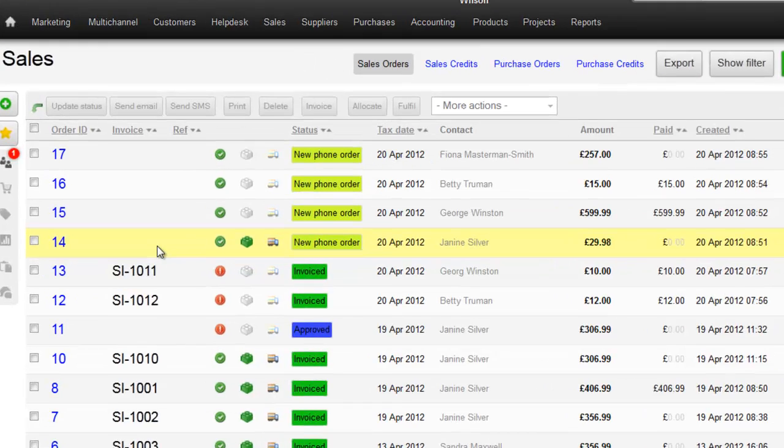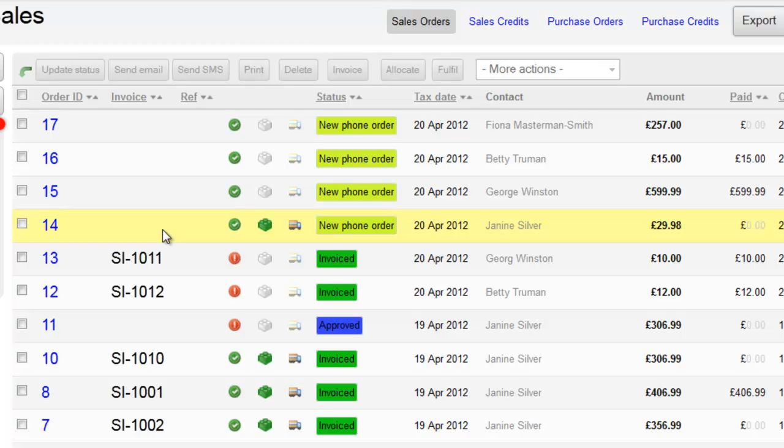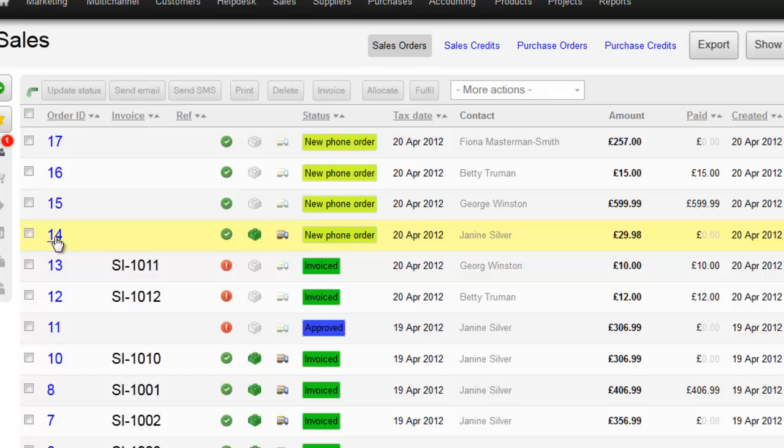So here's a sale I've taken over the phone for one of my regular customers who purchases on credit. So they haven't paid anything, but they have received the items, as we can see by the shipping status. So I need to send them an invoice to make sure that they pay. So click on the order number to open the sale,